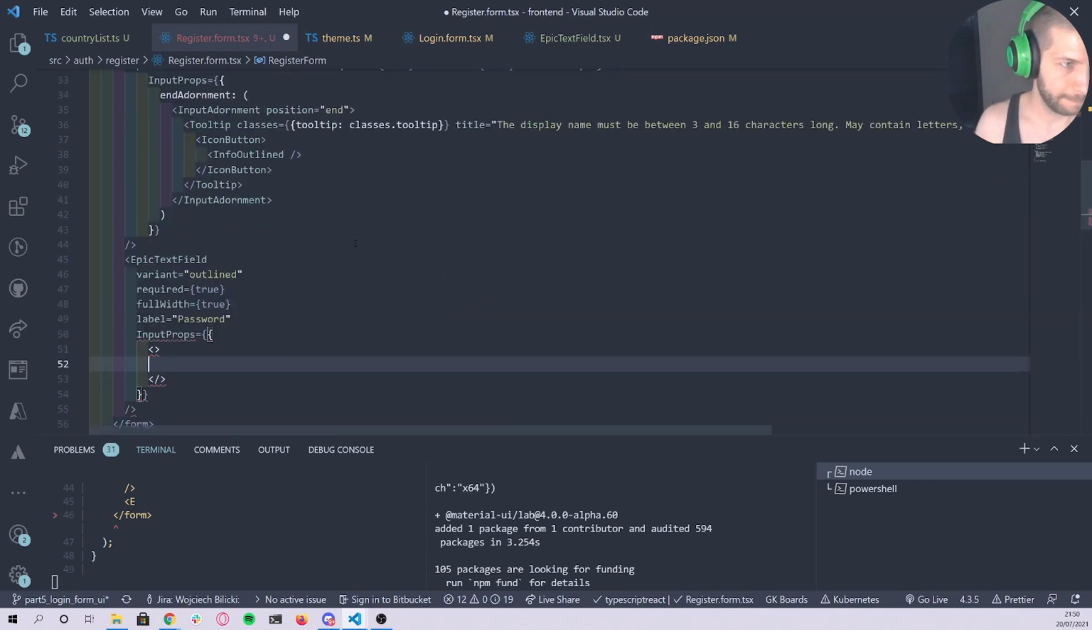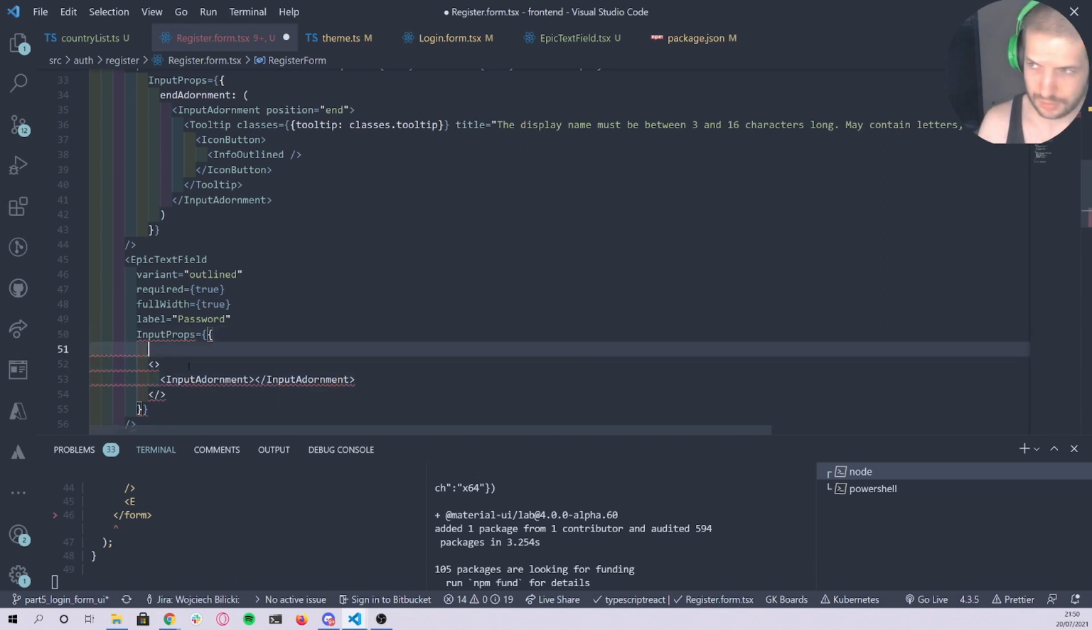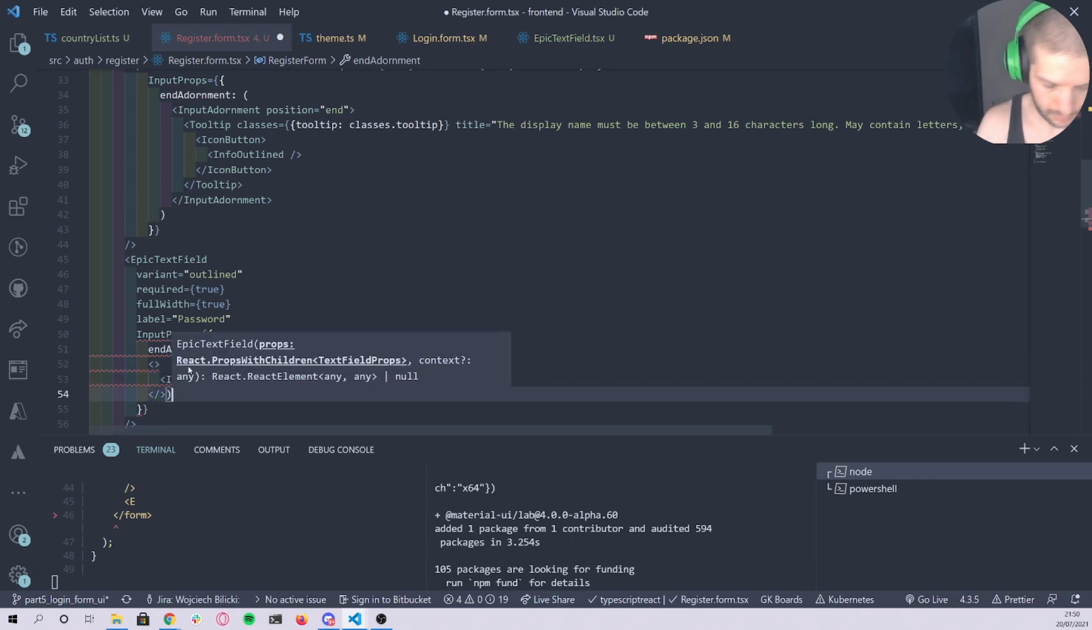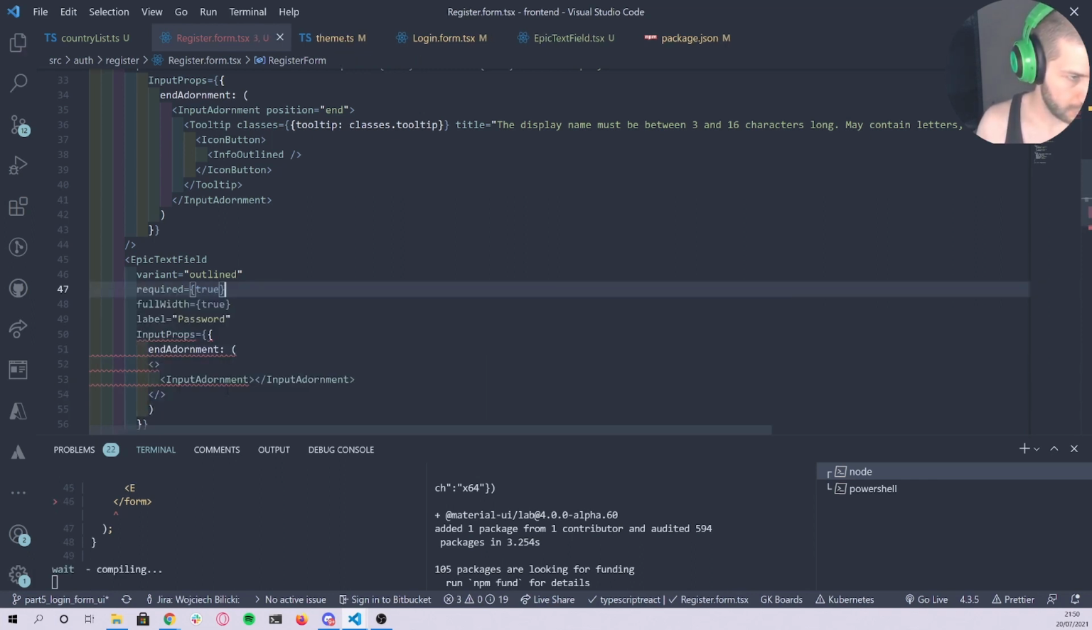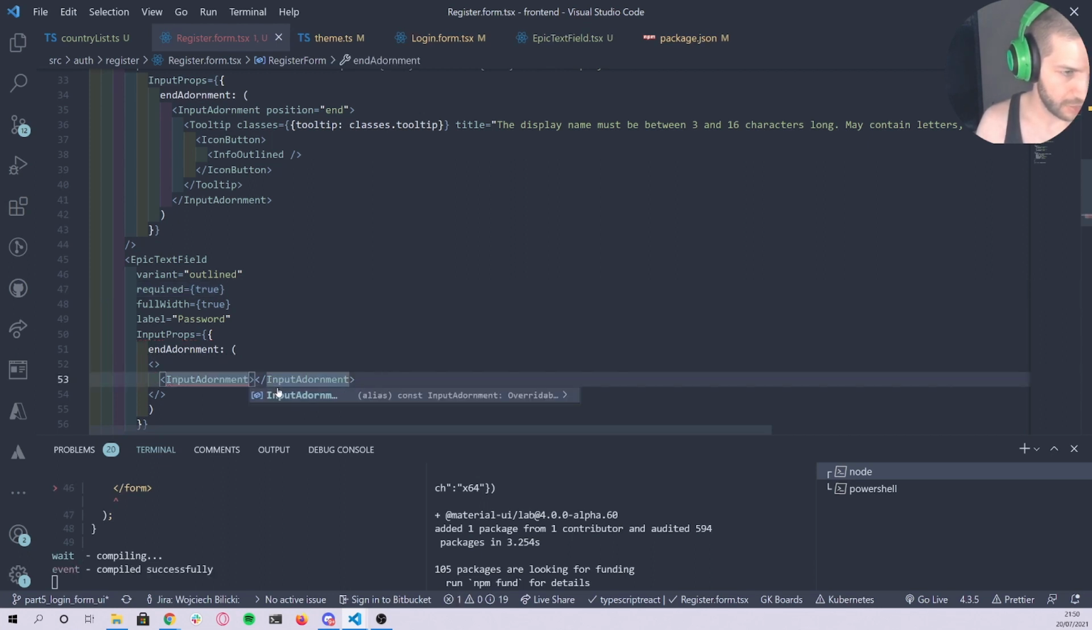And here, first is the show hide icon. So again, this is input adornment. Is this correct? It's not. And adornment. Okay. Input adornment, yeah, position and